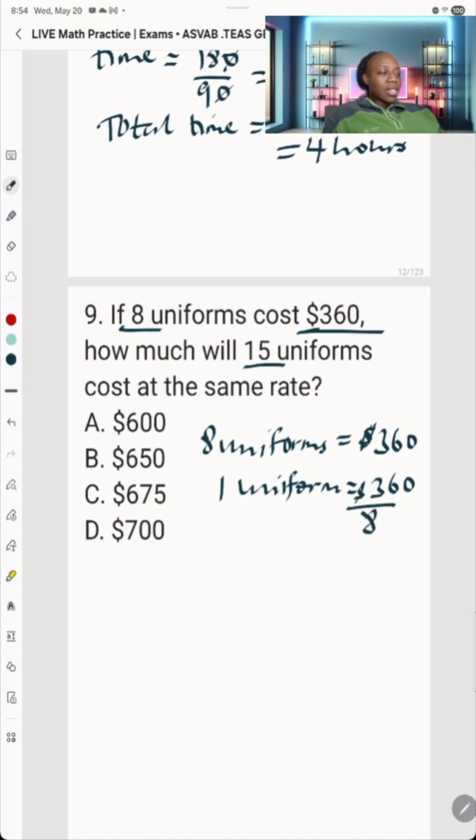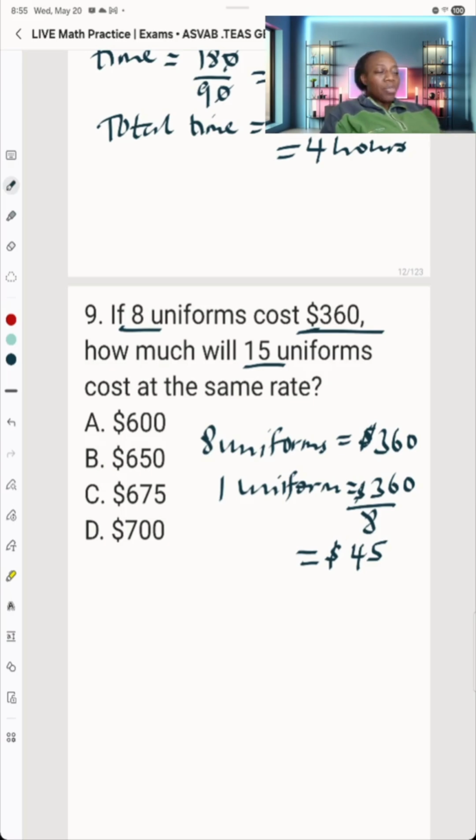divided by 8. Okay, so if you divide that, how many 8 in 36? That would be 4, that would be 32. Then it remains 4, with 0, that would make it 40. How many 8 in 40? That would be 5. That means now do 15